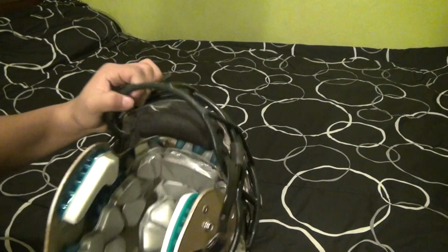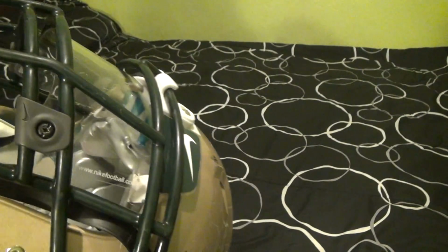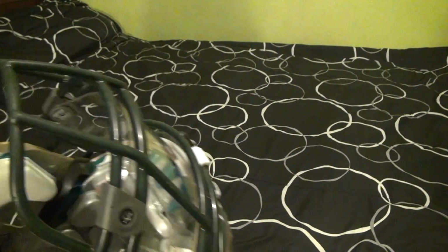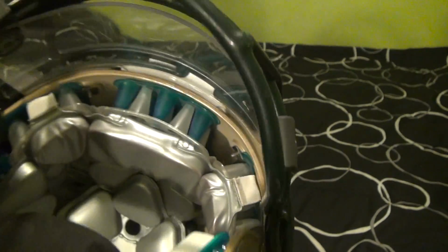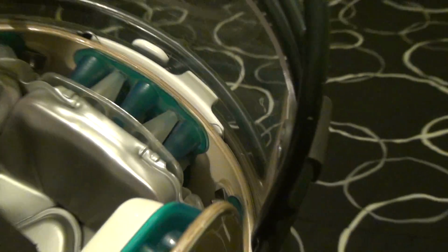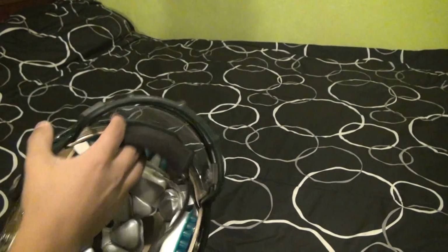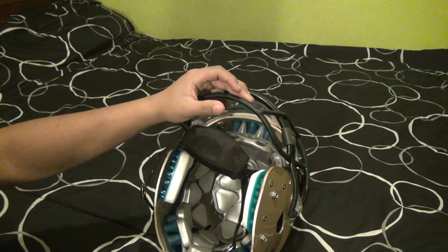Now, the DCT, standing for dual compression technology. As you can see, there's the clear and that's the blue. This one's for higher impacts and this one's for lower impacts. So for those lower impacts, when you hit your helmet off another player's helmet, you're mainly, like, here,